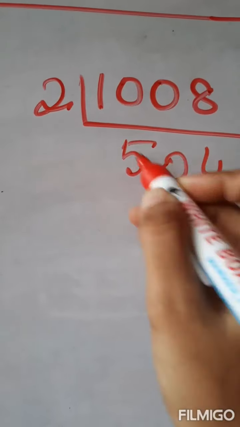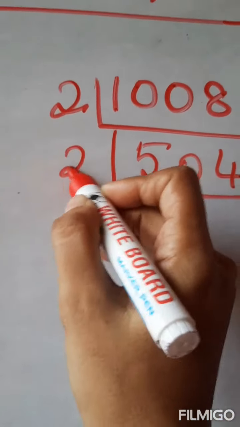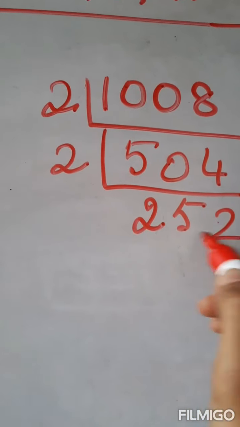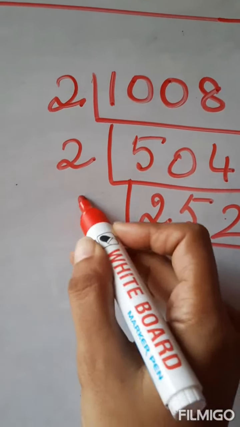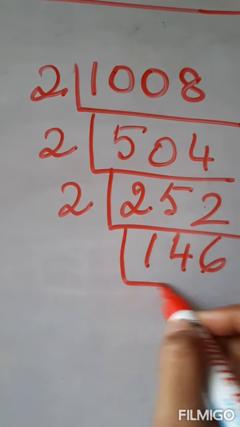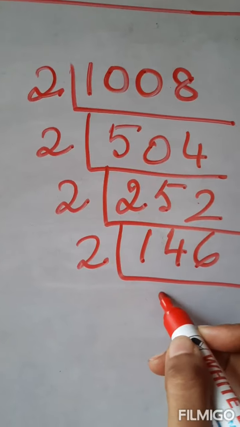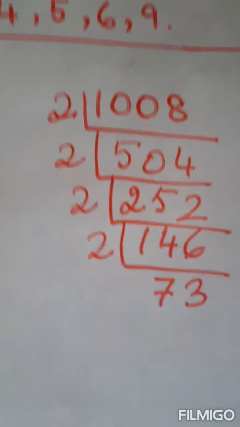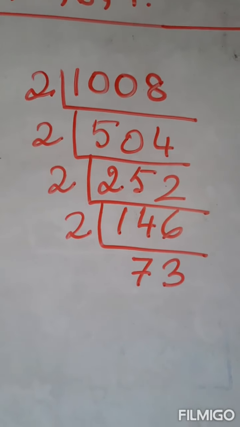So we get 504, again divisible by 2. We get 252, again divisible by 2. We get 126, which is again divisible by 2. We get 63, and 63 is divisible by 3...